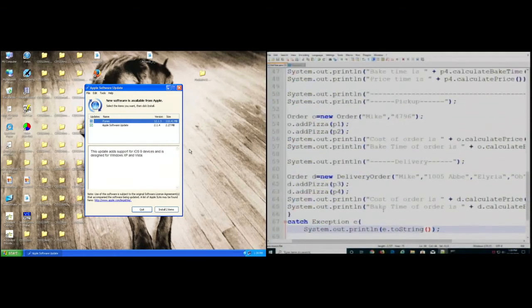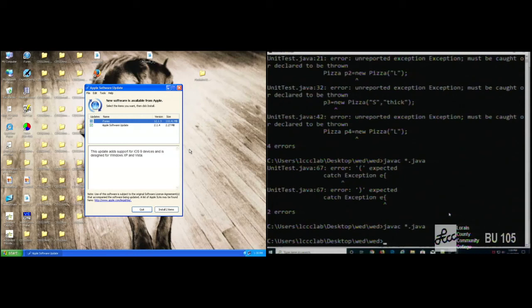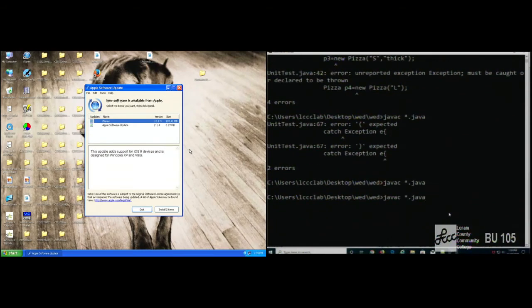I did forget the parentheses. Okay, so now if everything works okay,